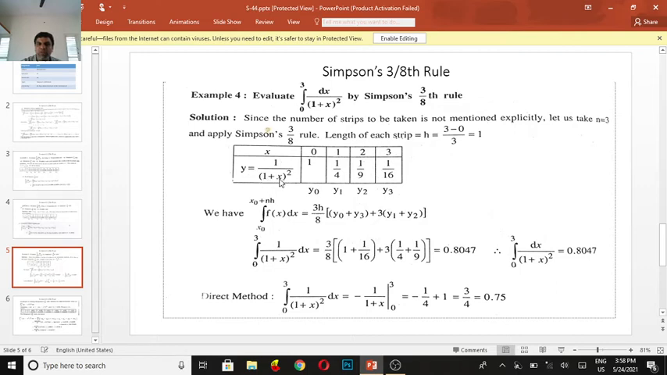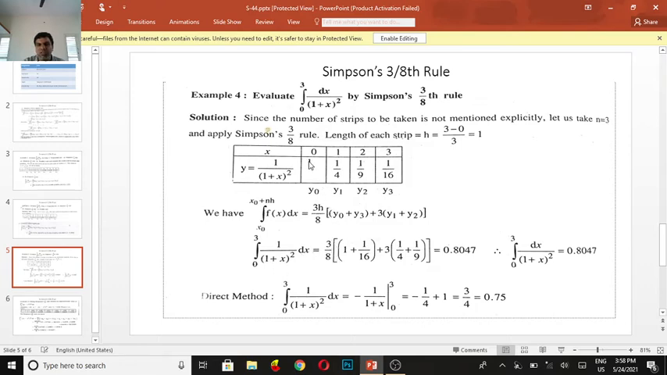So (1/4) whole square is suddenly 1 by 16. So we have the integral from x0 to x0 plus nh of f(x) dx is 3h by 8 times first and last term, y0 plus y3, plus 3 times y1 plus y2. So substituting, the integral from 0 to 3 of 1 by (1 plus x) whole square dx is 3 by 8 of